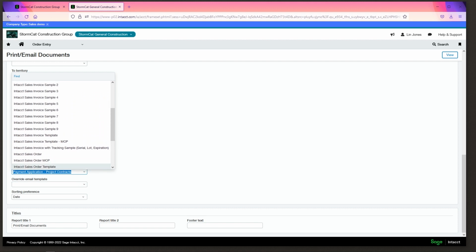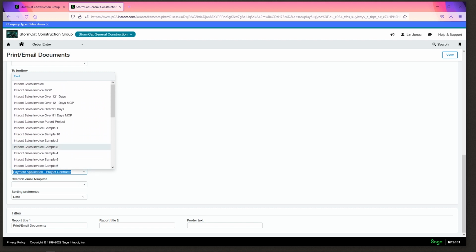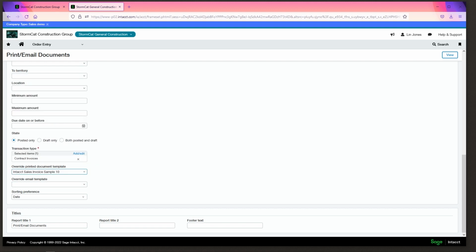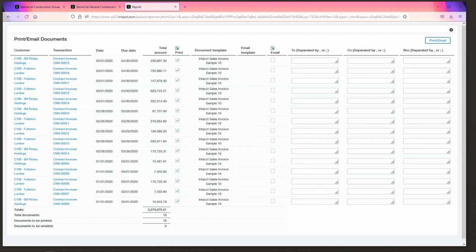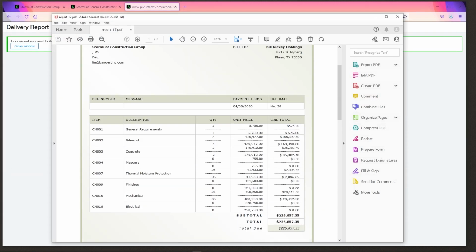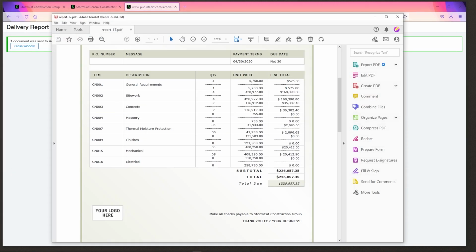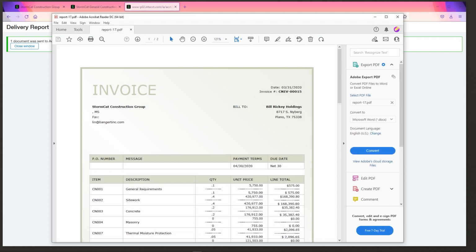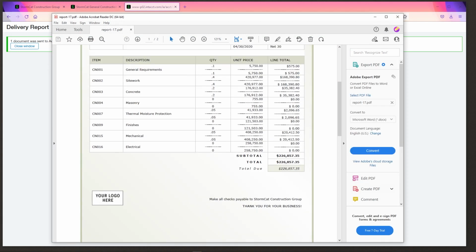Then you have other invoice templates, samples. And like I said, this along with all of these can be modified or you can create new by using the Intacct add-in for MS Word and basically create a word merge document. And you can modify these the same way. Let's get rid of that. Do this. Print email. And see, here's another invoice. Kind of similar to purchasing, really. And when you modify these invoices, you can hard code the information or make them dynamic if you have the fields available.